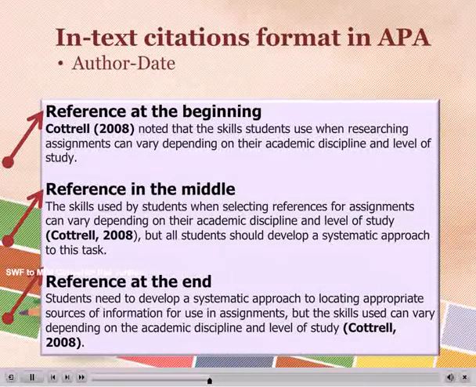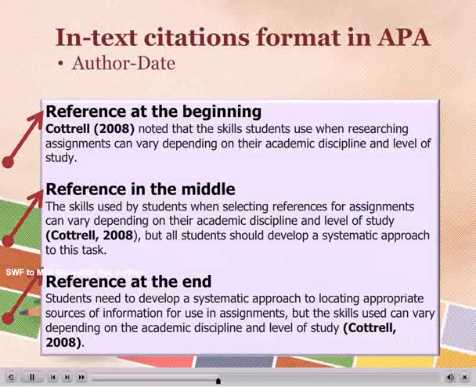The second and third examples are both parenthetical because the author's name is inside the parentheses. The placement of the in-text citation is different between these 2 examples. Determine where to place the in-text citation based on what information came from the source. In the second example, the reader can assume that all of the information contained in the first half of the